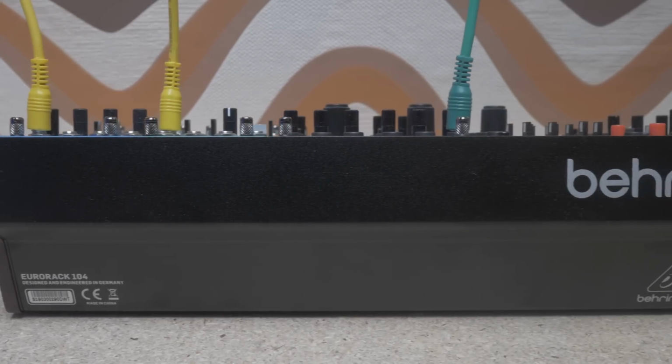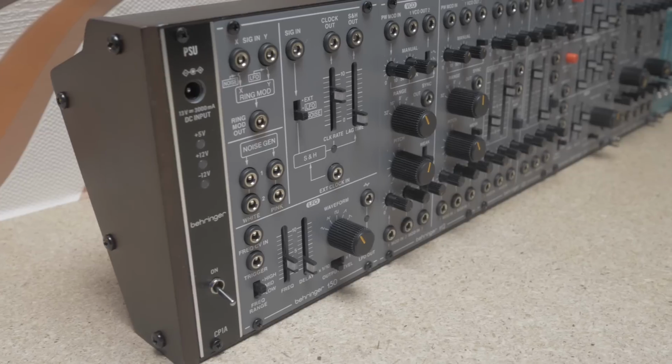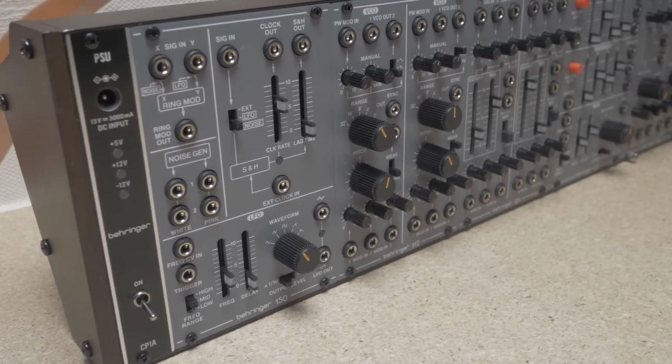Okay, finally, this is a bit naughty because it's modular. And ultimately, that will never be under 300 euros. However, let's prise the door open a little bit. Let's put a foot in that gap. And let's look at the inexpensive Behringer 104 skiff and power supply, which leaves you 175 euros left of that